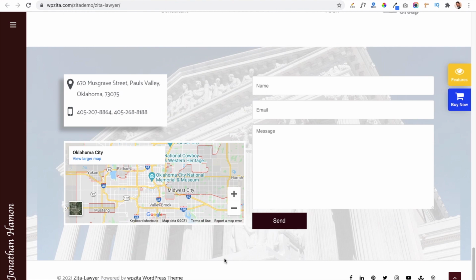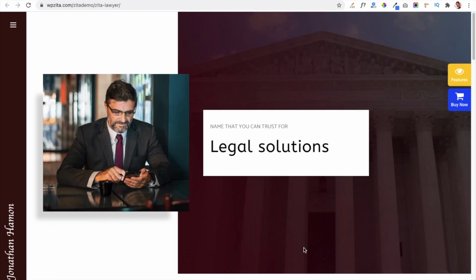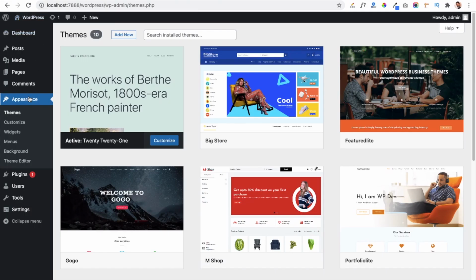Here I am assuming that you have a domain and WordPress installed on it. So first of all, we will install a theme on our website. A theme is basically a template of your website. So we will navigate to our WordPress dashboard, and under the Appearance tab we click on the Themes link. After that you have to click on the Add New button.